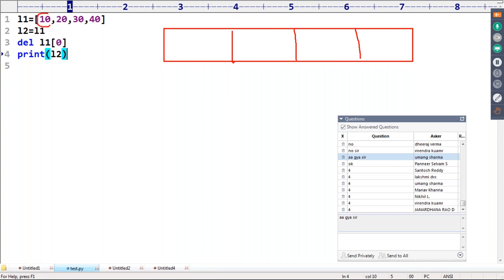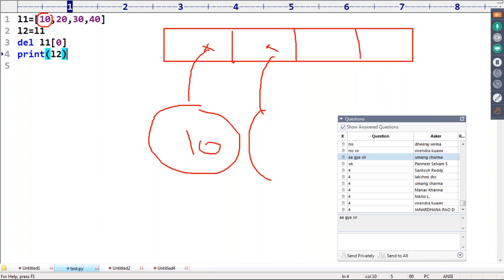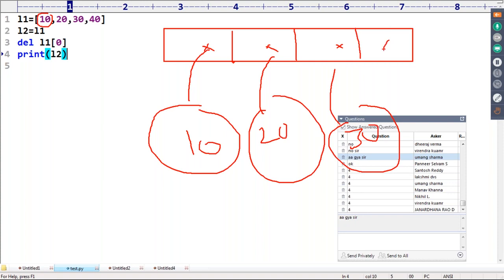What is the first one? 10. Strictly speaking, 10 is an integer object, and a reference variable will be there. Next 20 is an object with a reference variable. Next 30 is an object with a reference variable. Next 40 is an object with a reference variable. So L1 is there.